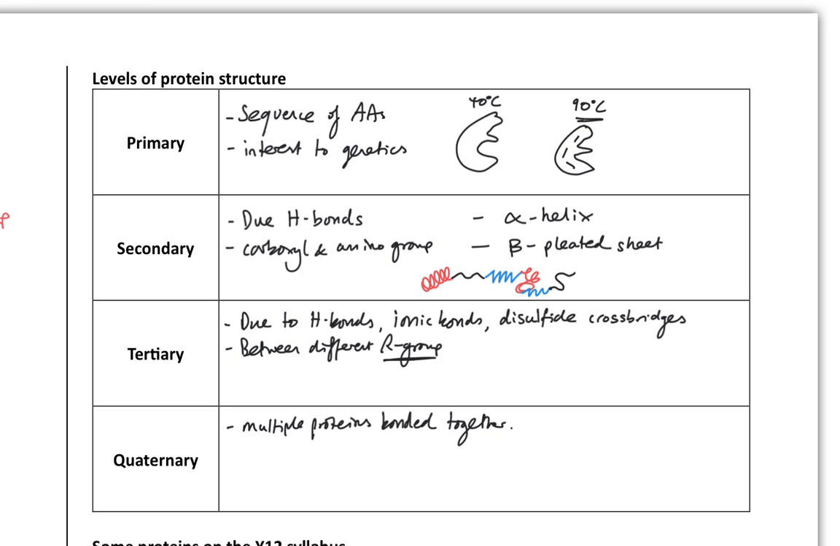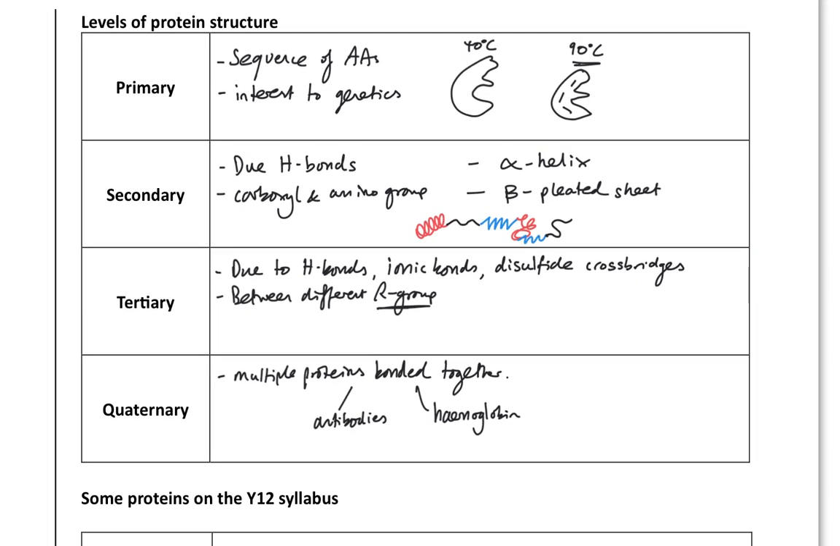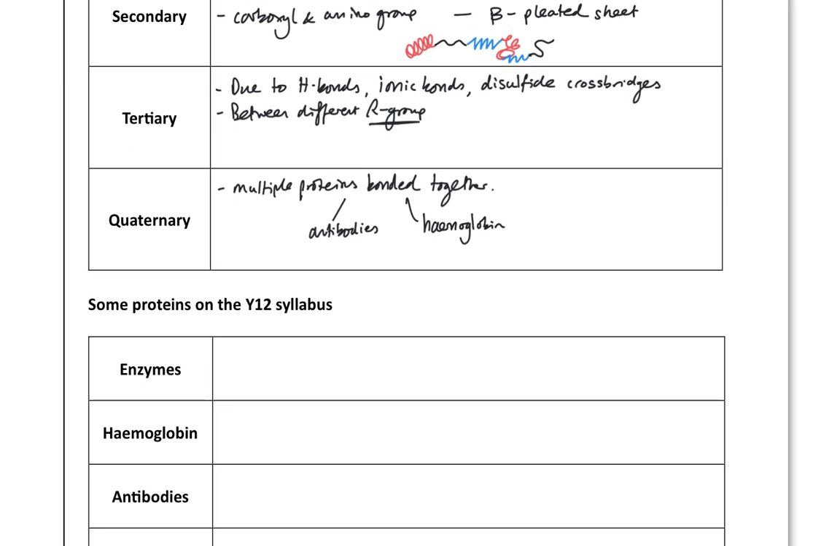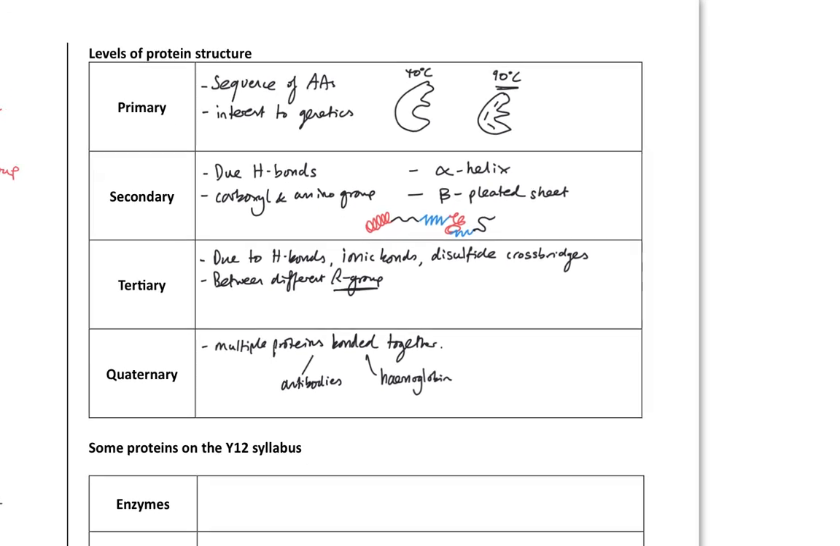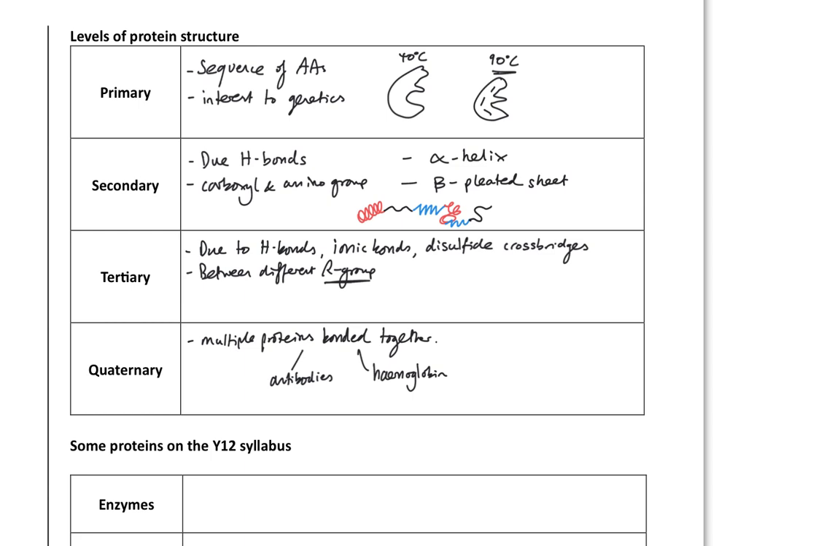Examples that we know about that I put below are antibodies, with these 4 polypeptide chains joined together. We've also got hemoglobin, again 4 that are stuck together. I think DNA polymerase technically has quaternary structure, but it's not one that we really meet on the syllabus apart from what the enzyme does. So if you're describing levels of protein structure, you always start at primary, secondary,